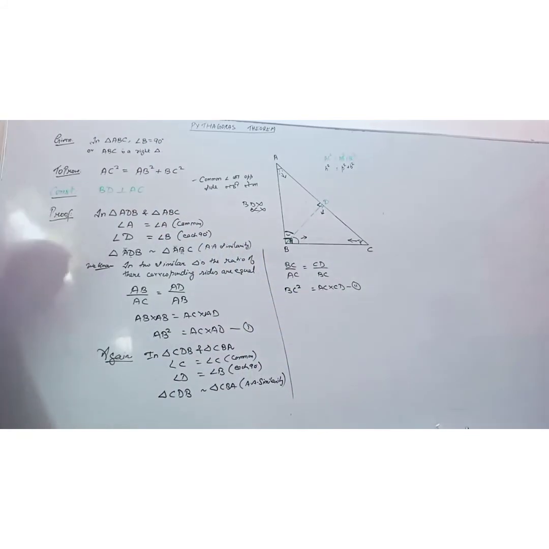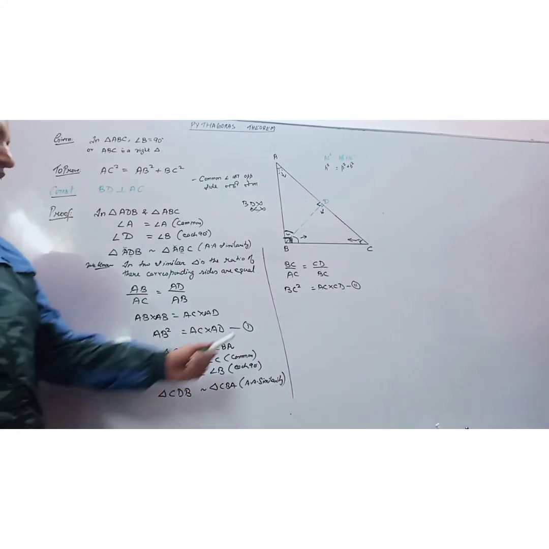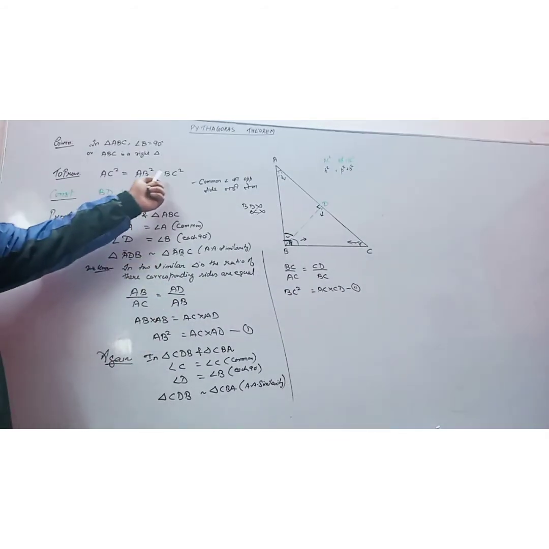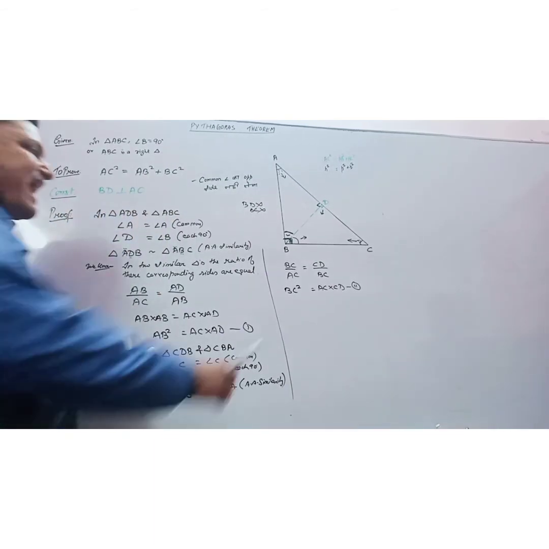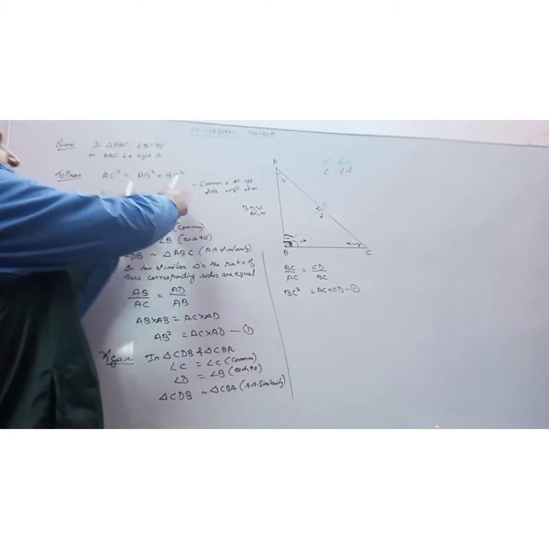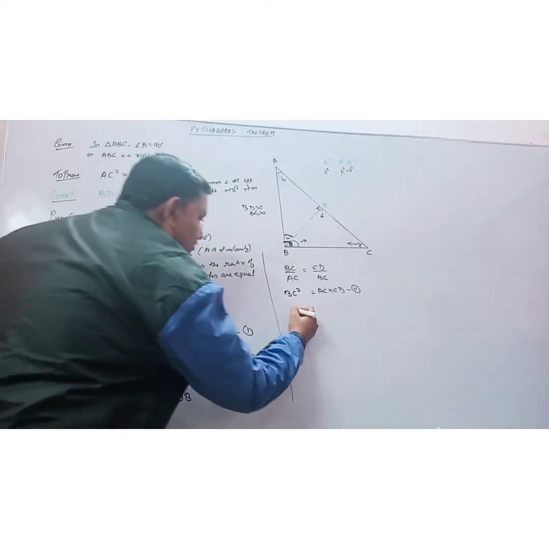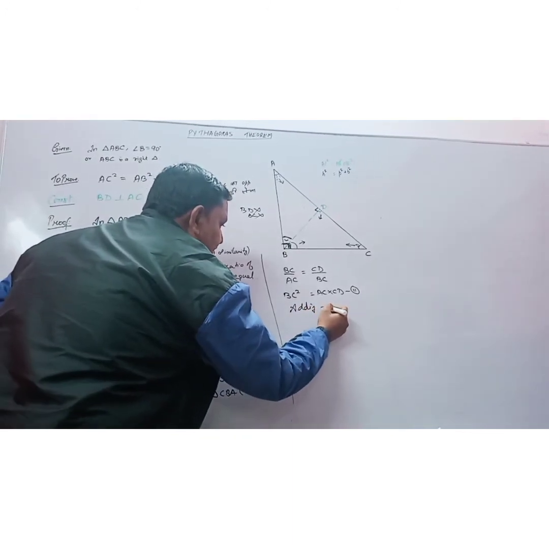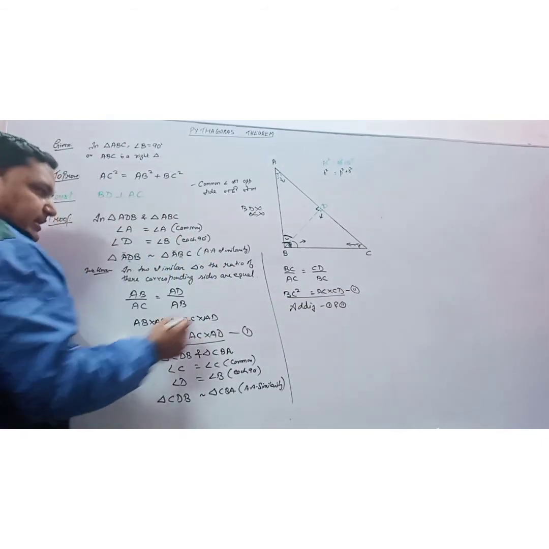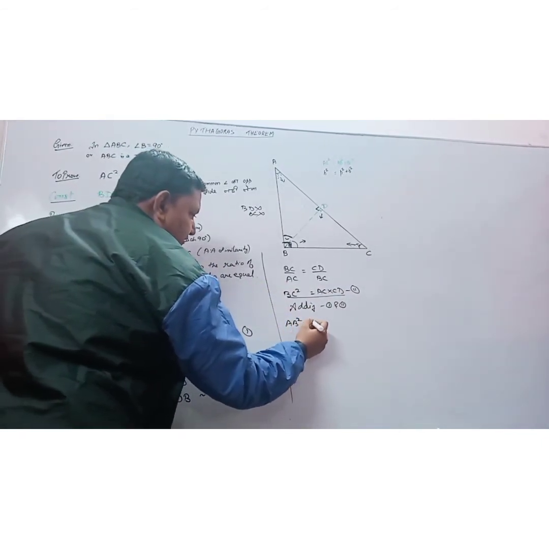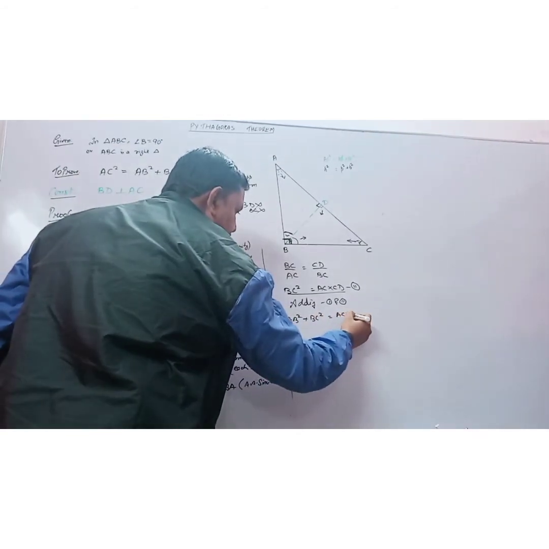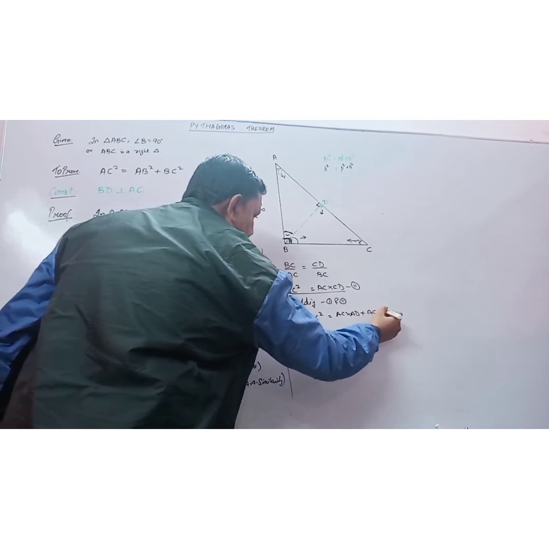Okay. Now see. Now we have obtained two equations, 1 and 2. Okay. So what we are going to do, we have to get AB square plus BC square. So if we add equations 1 and 2, adding the LHS, AB square plus BC square, isn't it? You will get this side. Okay. So adding equations 1 and 2. The LHS is what? AB square plus BC square is equal to, now this AC into AD plus AC into CD.